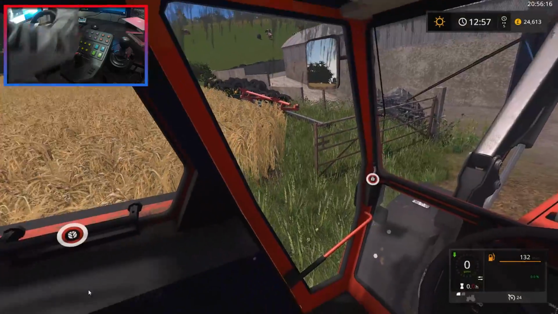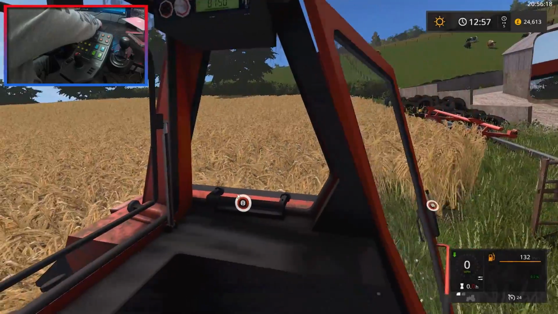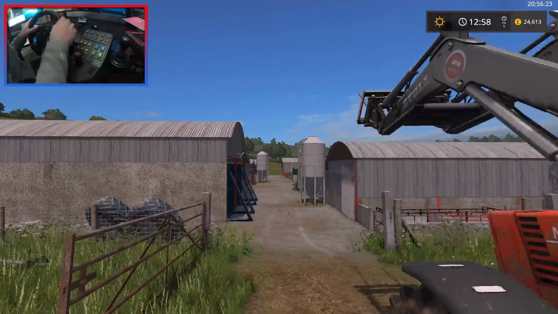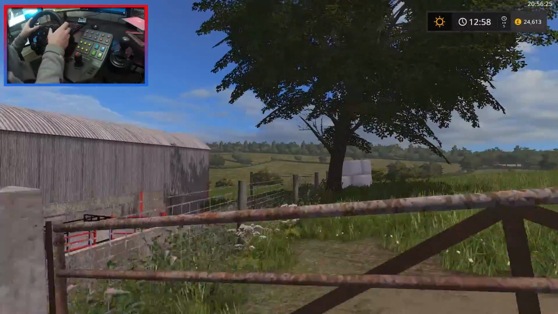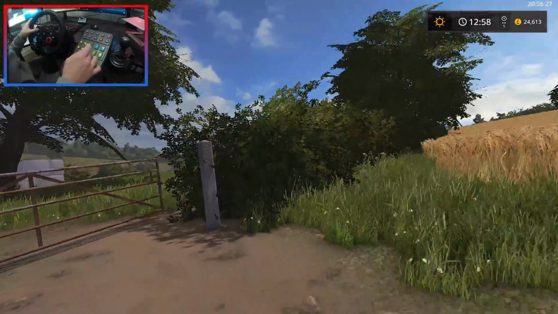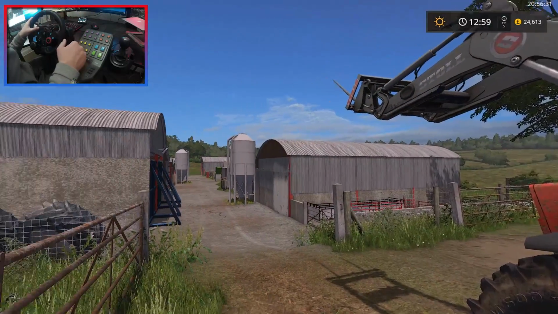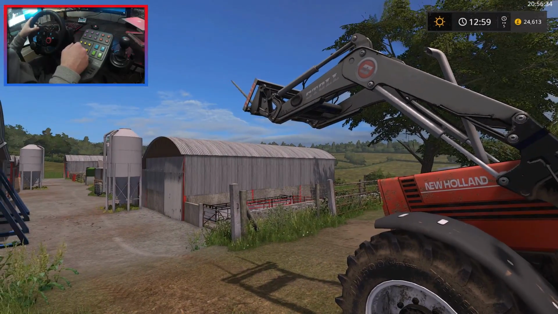Does this thing have IC? It does have IC. Cool. Crack the window open as well here. Like that. Let's just get this gate open. Probably going to be needing... We've got 70 cows. We're probably going to be needing quite a lot of silage today. In fact, should we bring the mixer wagon over here? That might be a little bit easier than carrying a bale through...